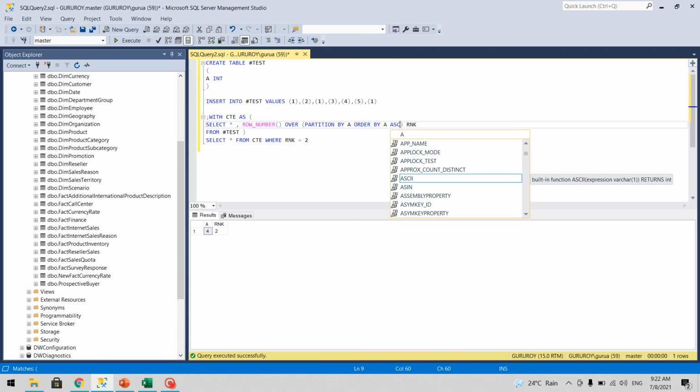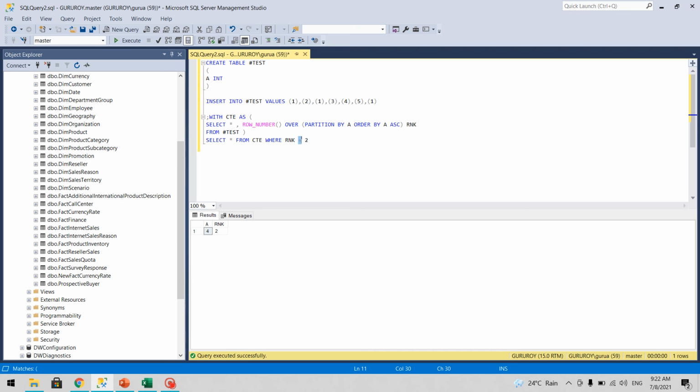Anything which is greater than rank 1, we will go ahead and delete.